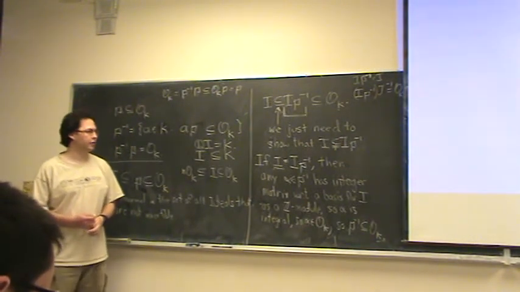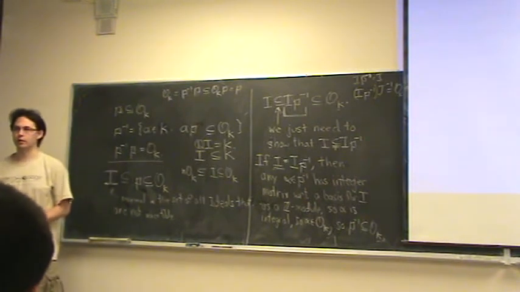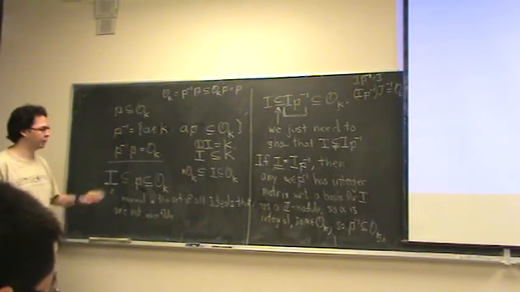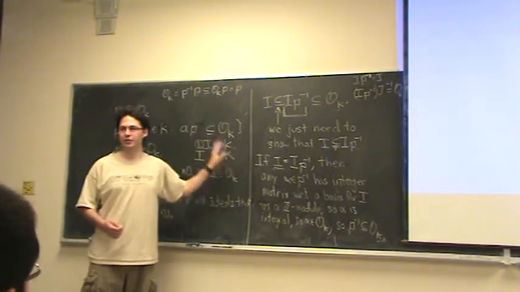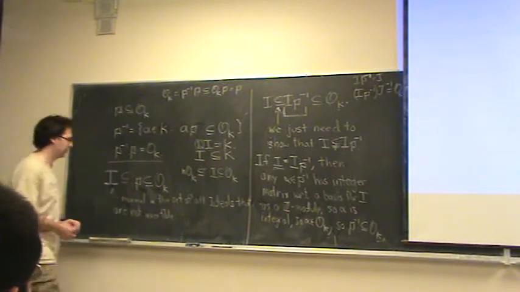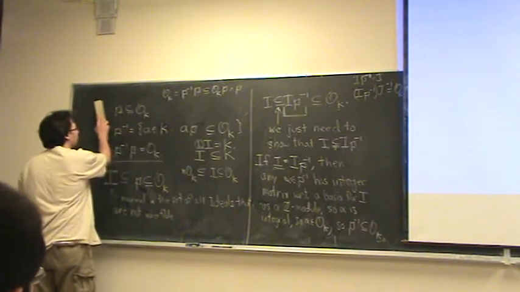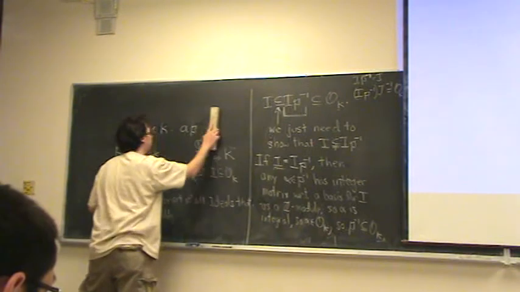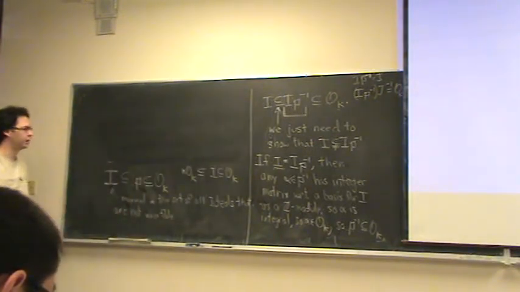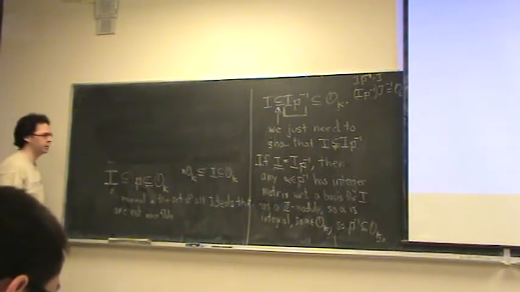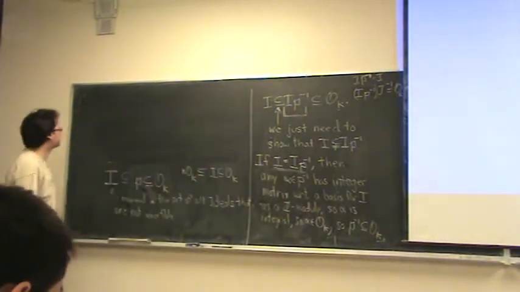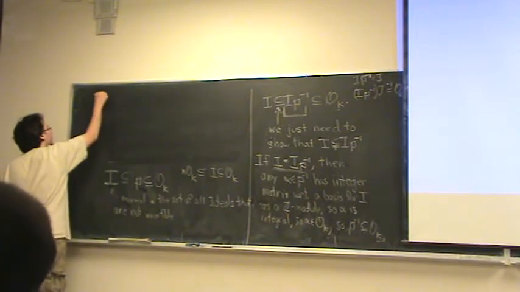I'm going to give a proof now that every ideal factors uniquely as a product of prime ideals. And the proof is going to be shockingly similar to the proof I just gave. So if you didn't quite get this one, you'll probably get the next one by way of redundancy. Okay? So we now have the statement that each ideal has an inverse. And we got it really pretty formally just by using the properties of a Dedekind domain plus this one extra trick about integrality. So finally, our big theorem is that